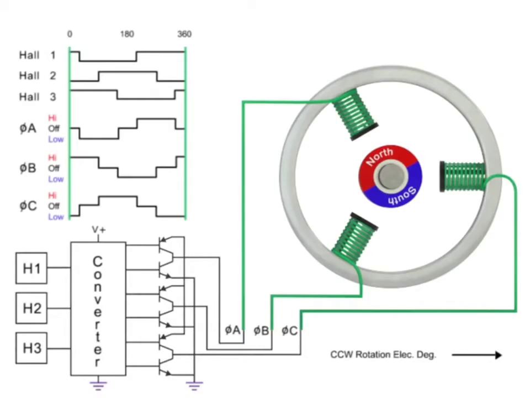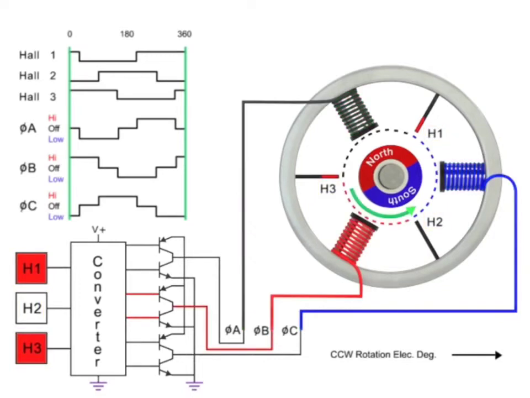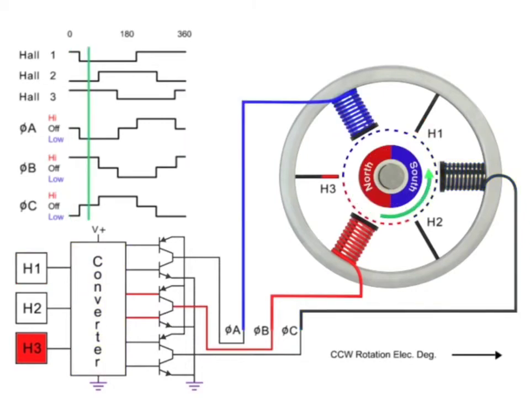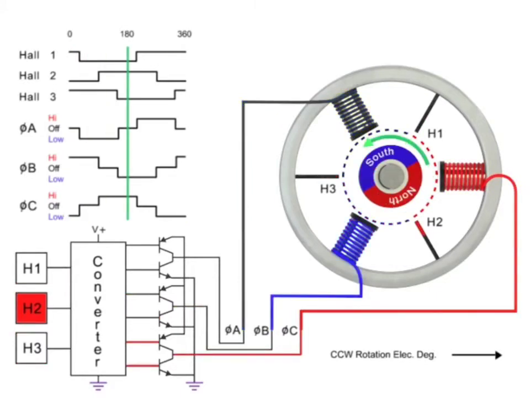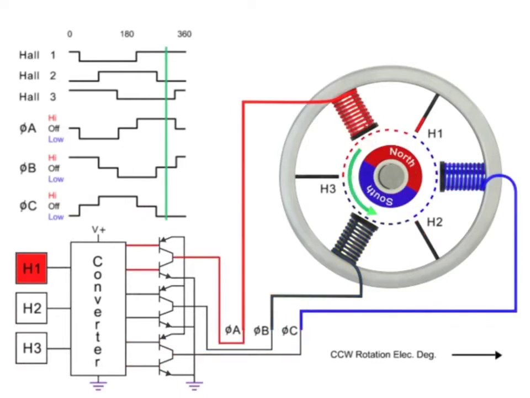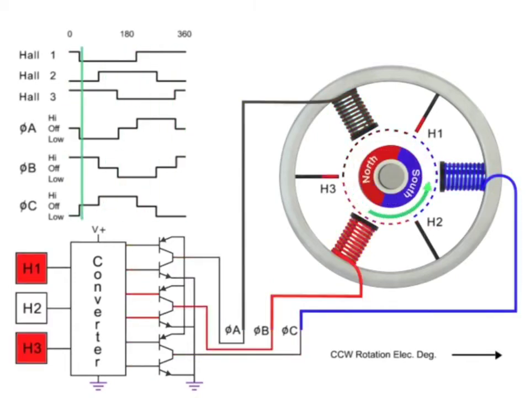The sequence is further explained here. When the Hall effect sensor is turned on and the coil is energized by the converter, you can see that the coil is now energized by the converter. The coils alternate in order, creating the magnetic field to turn the rotor. You can see that the rotor is turning. The sequence is repeated with the next Hall effect sensor and coil to continue the rotation. Now you can see how the rotation continues with the help of the Hall effect and how the coil is energized.